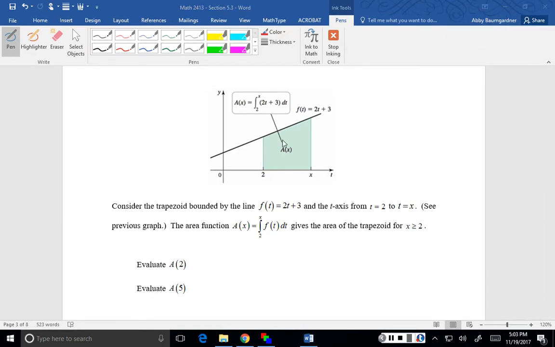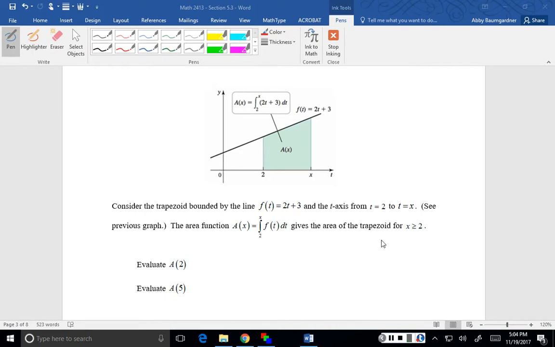And between those bounds, if we shade in, we'll see that we are shading a shape that we are familiar with. It's a trapezoid. We might not have an idea of how to handle this particular definite integral just yet, but we do know how to find the area of a trapezoid. We know that from high school or junior high,